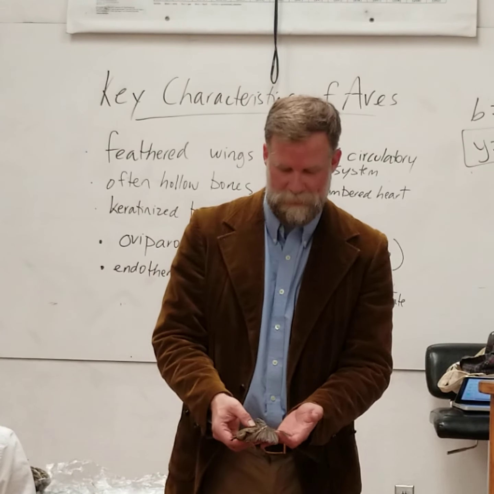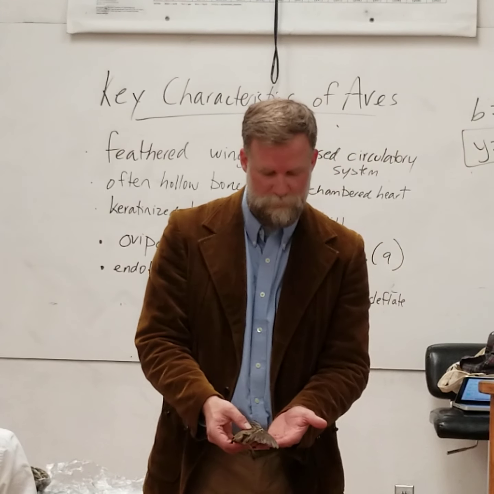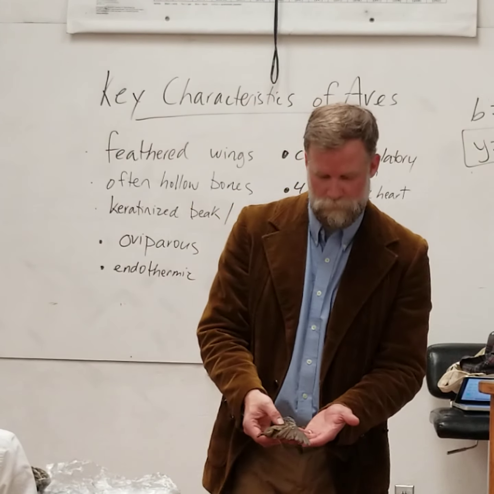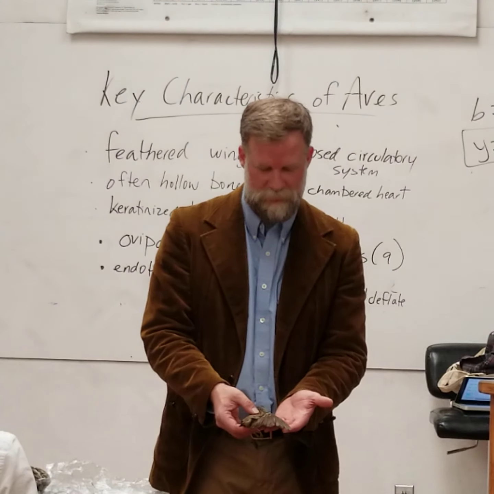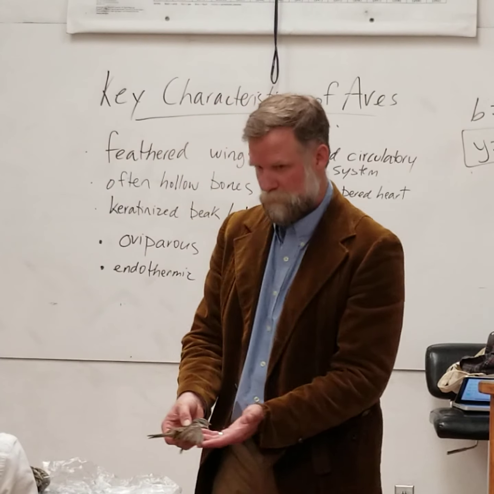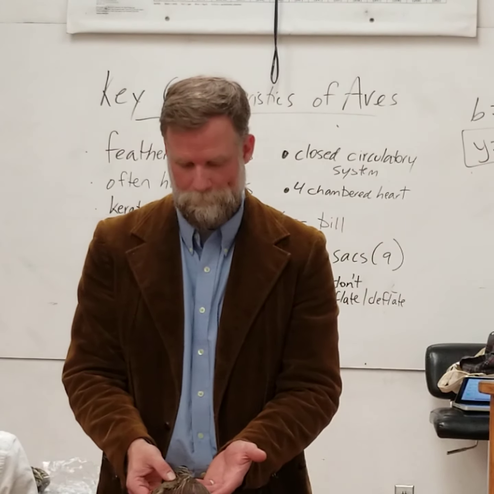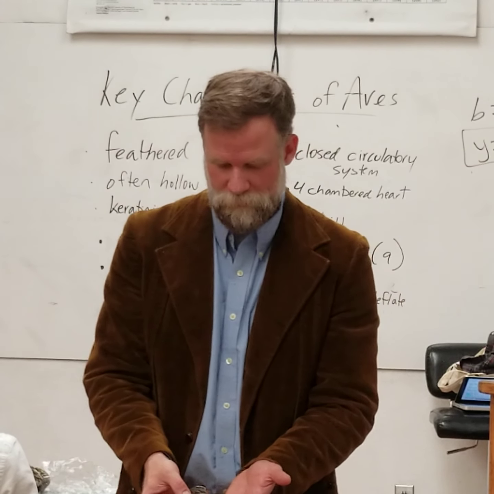You can see on the wing here, we have two types of feathers. The long feathers are called the primary flight feathers. So if you see a diagram of a bird, you should know that those long ones are the primary flight feathers. The ones that are overlapping them above are called the secondaries.